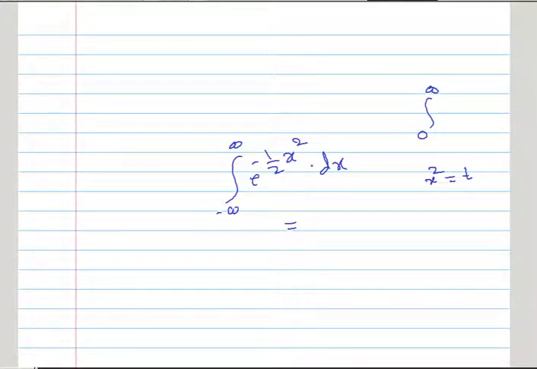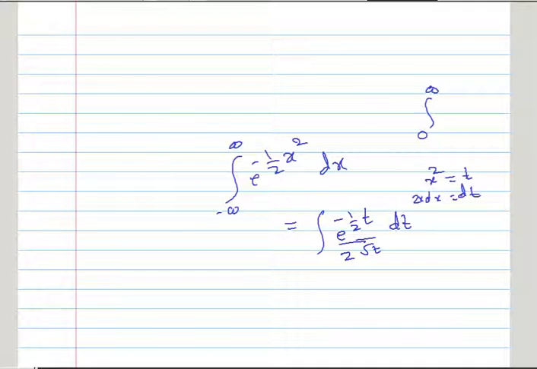But here we are having integration from minus infinity to plus infinity. So what we will do is, we will put x square is equal to t, therefore 2x dx will be equal to dt, and this expression will become integration e raised to minus 1 half x square, which is nothing but t, dx is nothing but dt upon 2x. So upon 2x, what is x? It is nothing but root t. And if x runs from minus infinity to plus infinity, x square will run from 0 to infinity.